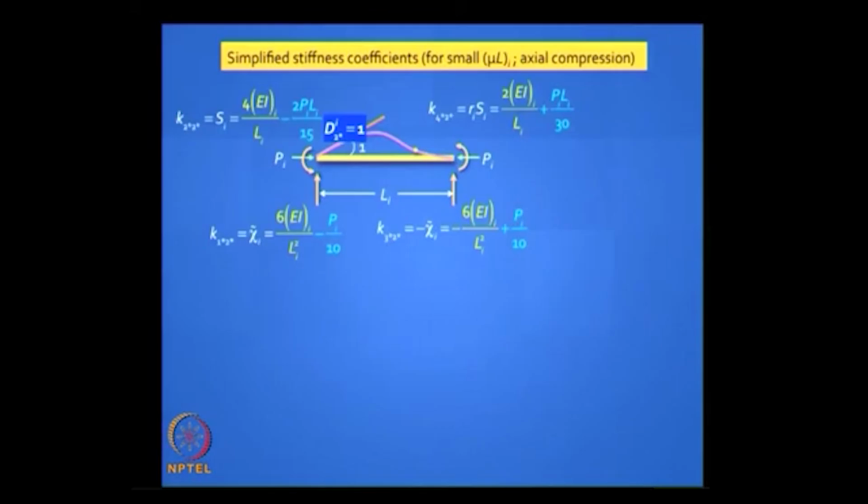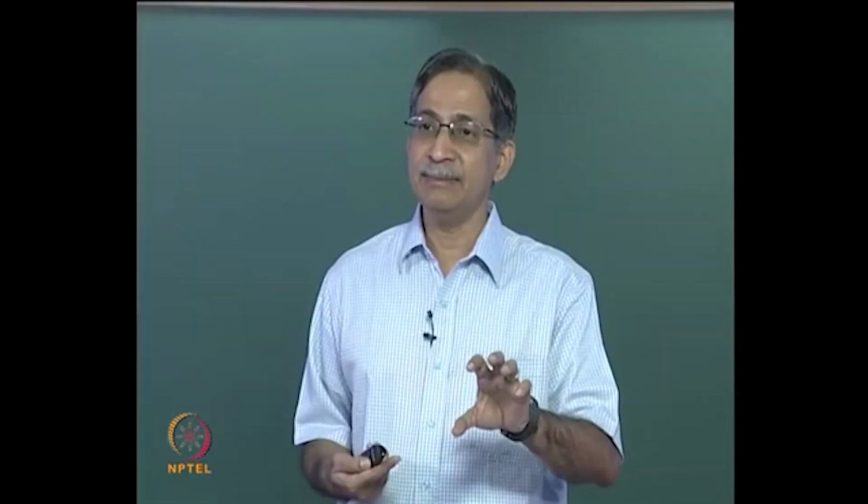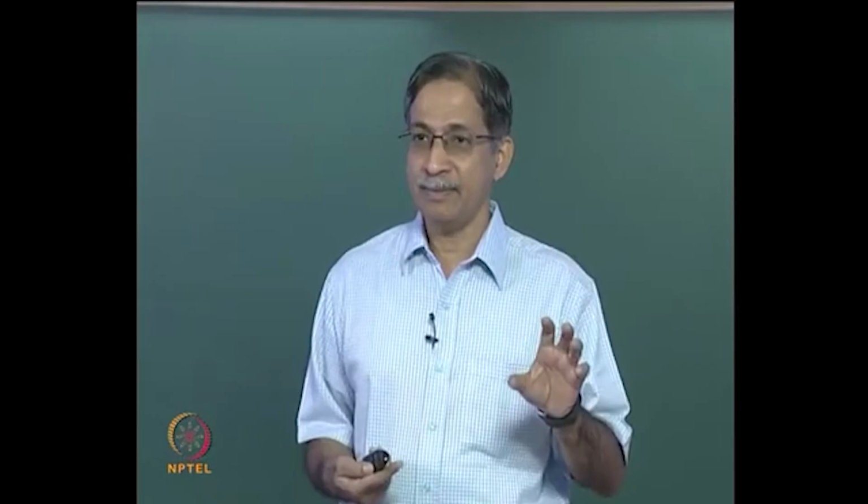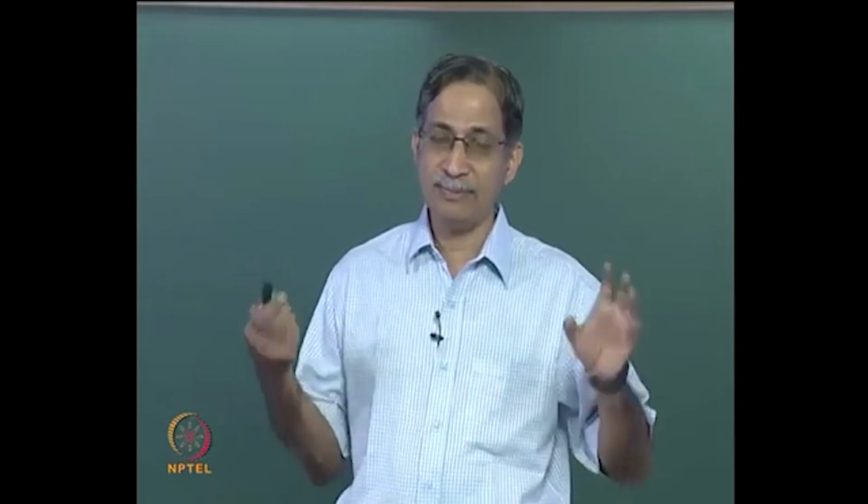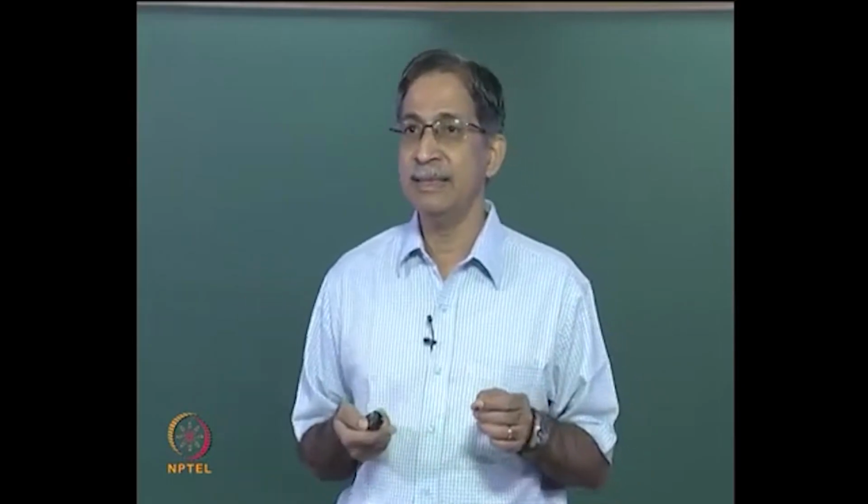So that term is minus 2PL/15, and the carryover moment on the other side, which is normally 2EI/L, gets actually increased by a small quantity PL/30. The assumption is P is constant and you know its value. So you can actually modify the stiffness if you know P. You have an absolute measure of stiffness, and the